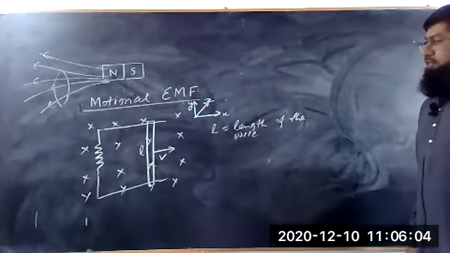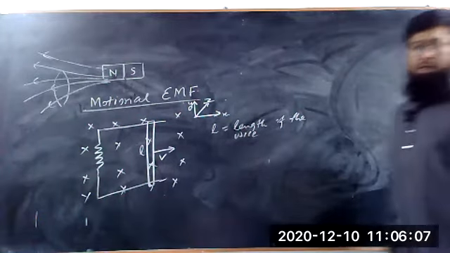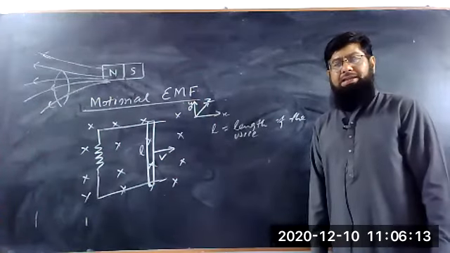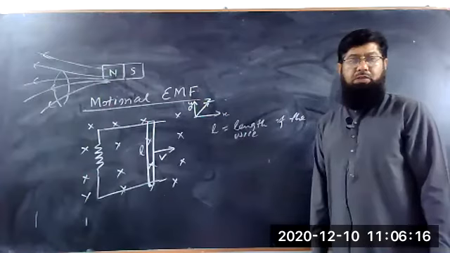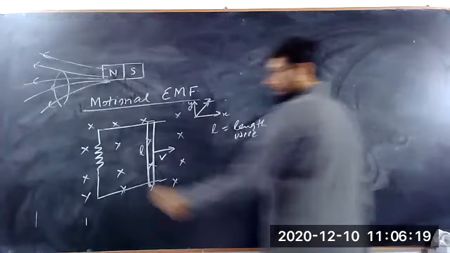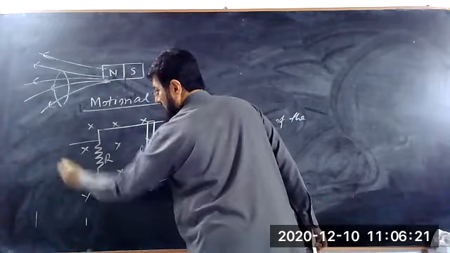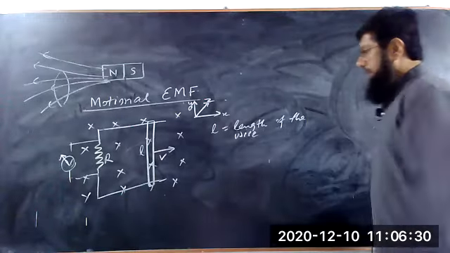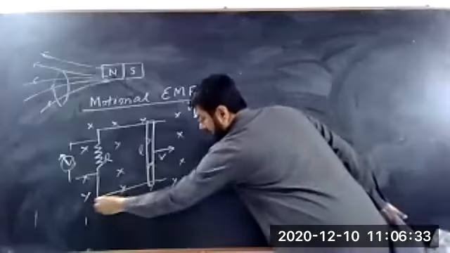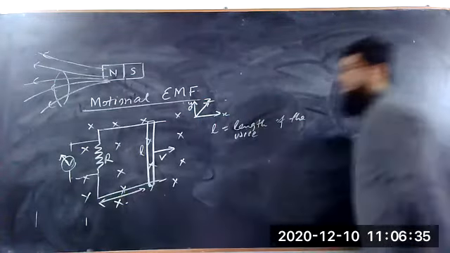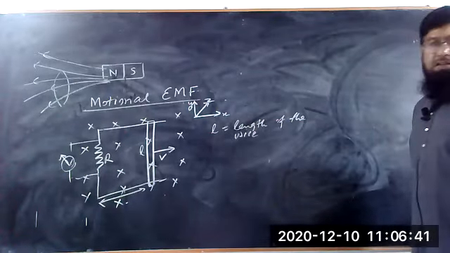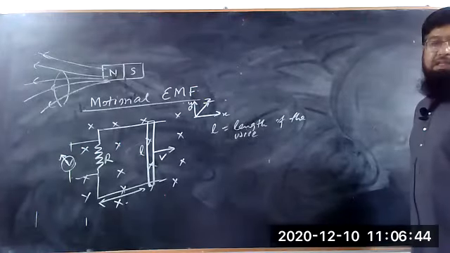So if the wire is moved in the stationary magnetic field, as a result, the wire will feel that the magnetic flux through it is changing with time. And if we connect a voltmeter to it, it will show a deflection. The voltmeter shows the deflection. So if we say that this is the distance x, and we move the wire by doing some work on it, as a result, the EMF is induced